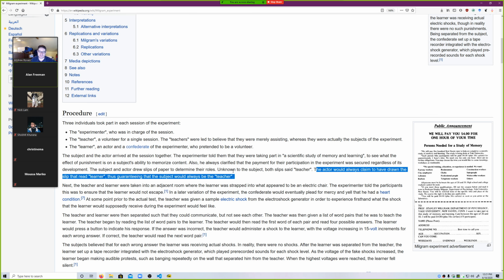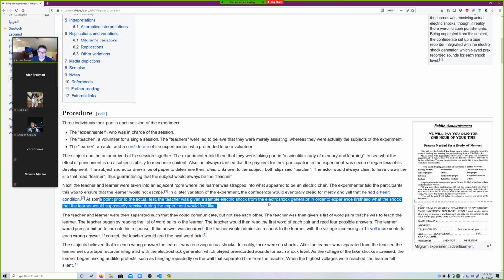Both slips would say teacher. So they rigged it so that no matter what happened, the person would be the teacher. The teacher and learner were separated such that they could communicate but not see each other. And at a point prior to the actual test, the teacher was given a sample electrical shock from the electroshock generator